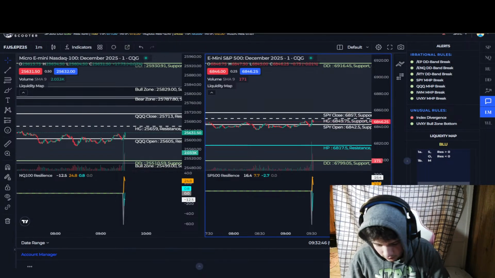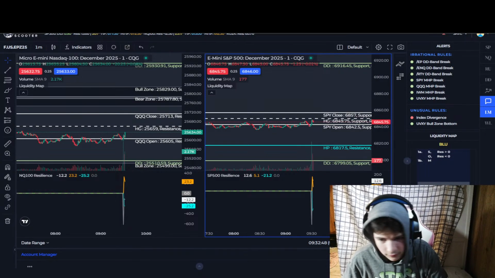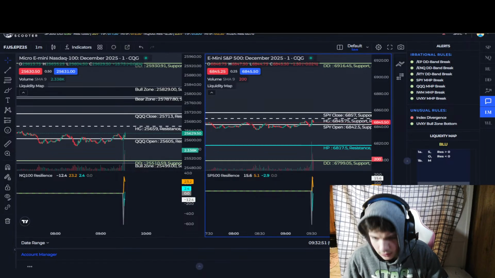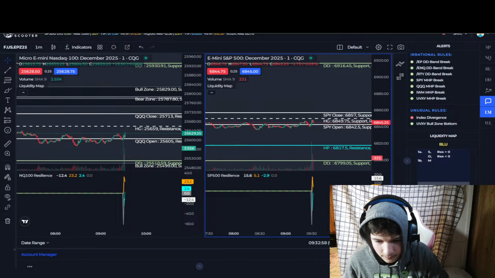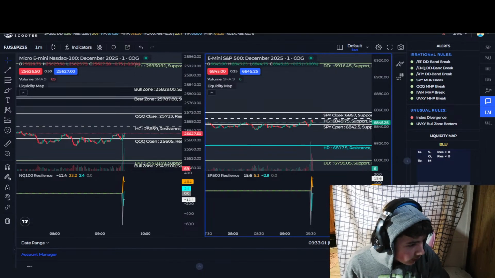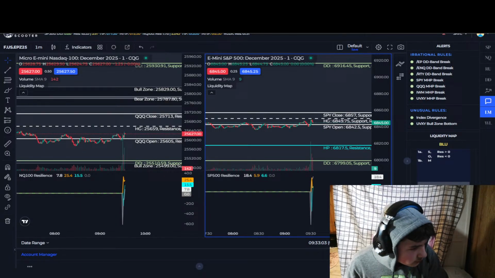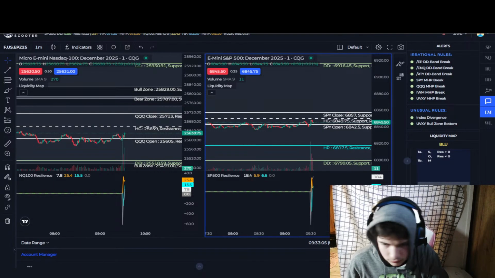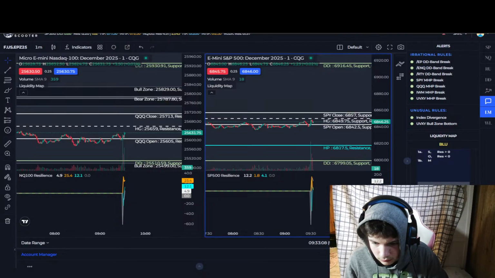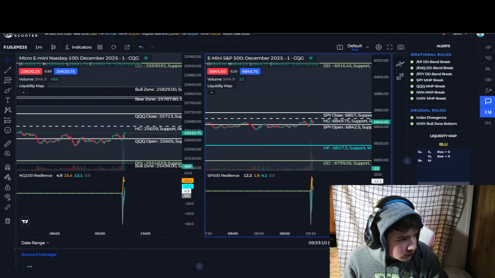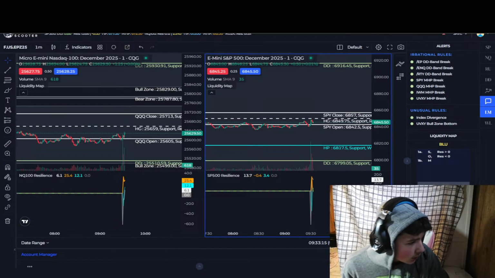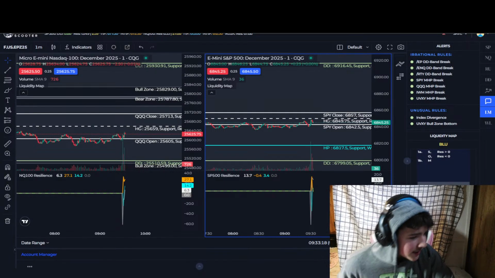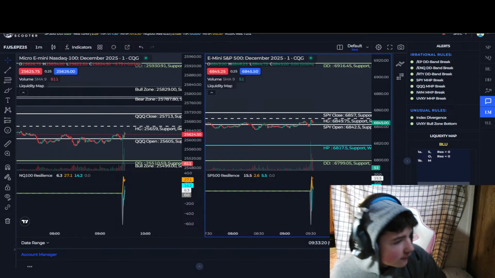QQQ open is 25605. NQ and S&P is positive res.